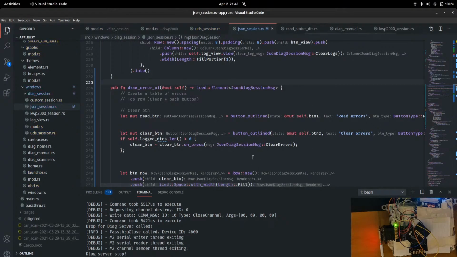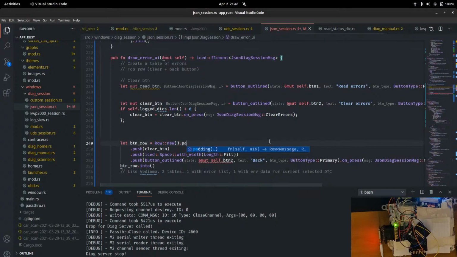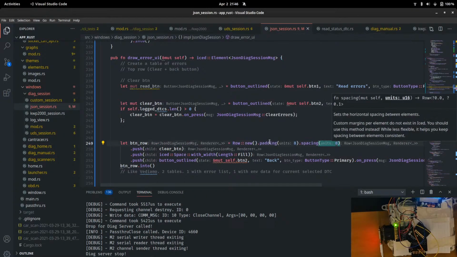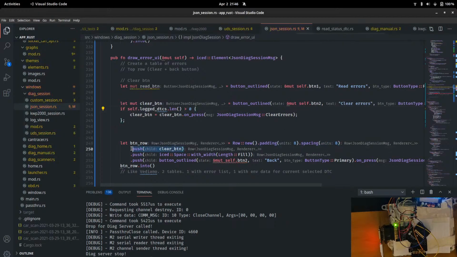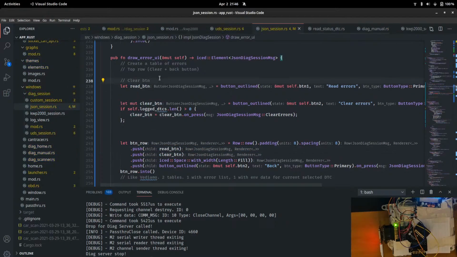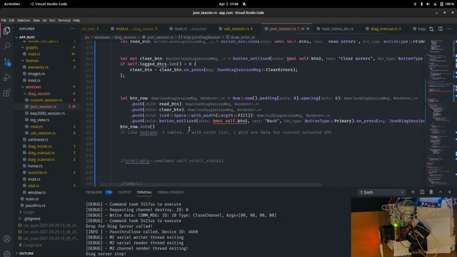So you want to say dot padding 8 dot spacing 8 dot push read button, and this will be button 3. Cool, and then we say